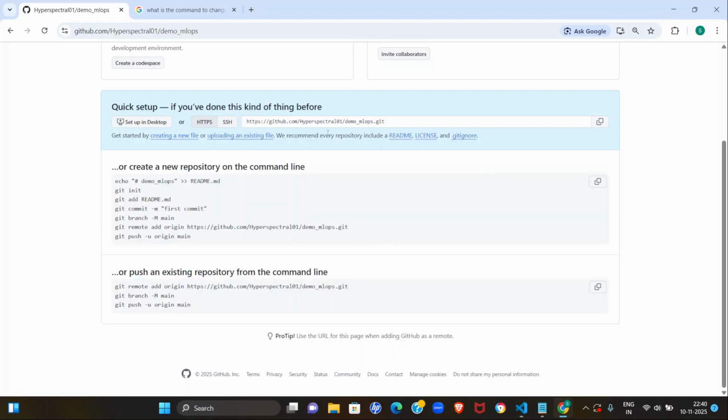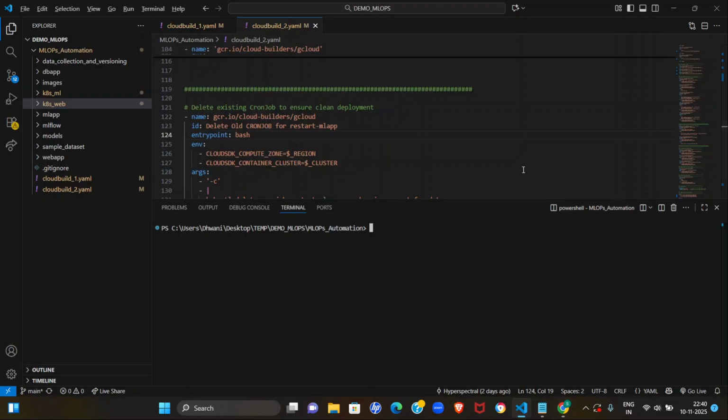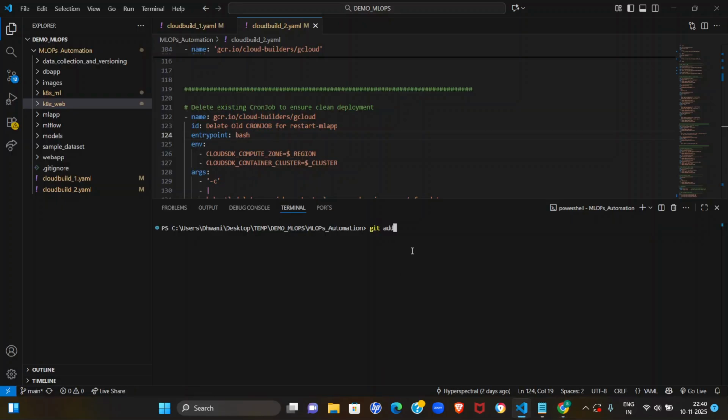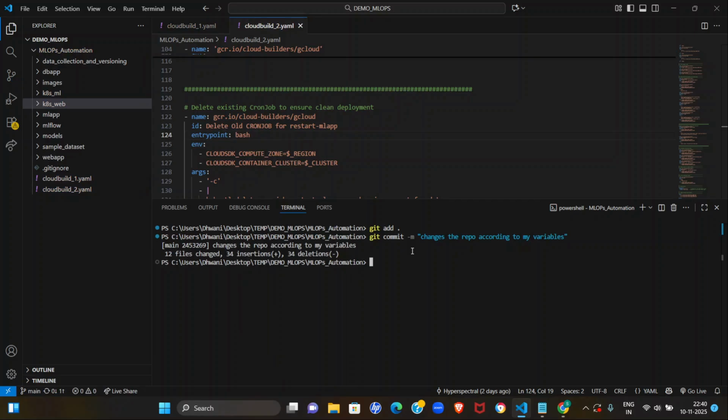And so now we have to set the URL, right? So all we gotta do is do git remote set-url of that. And so you basically have your origin now, and all you gotta do is git add . and git commit -m, let's say "in the repo" according to my variables, right? Something like that, and then git push origin main,